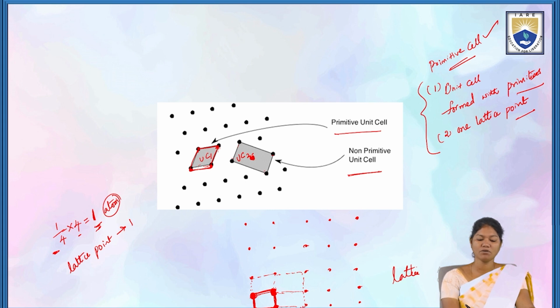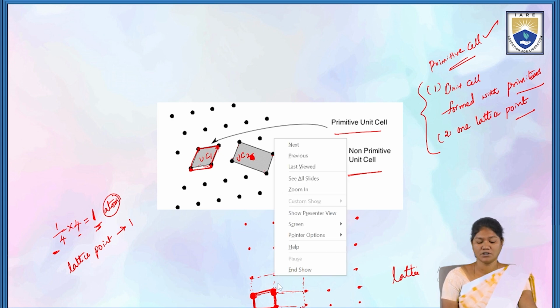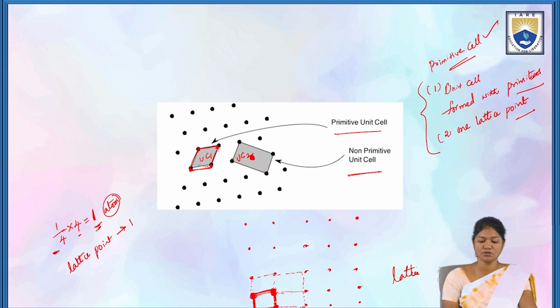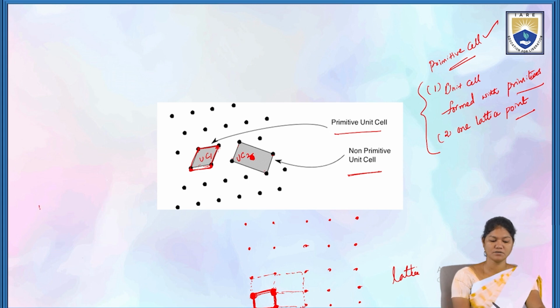So when calculating the total number of lattice points, as in unit cell 1, the four corner atoms are shared with other four unit cells, so one fourth atom is there. So one fourth atom into four corners is equal to, this is for unit cell 2,